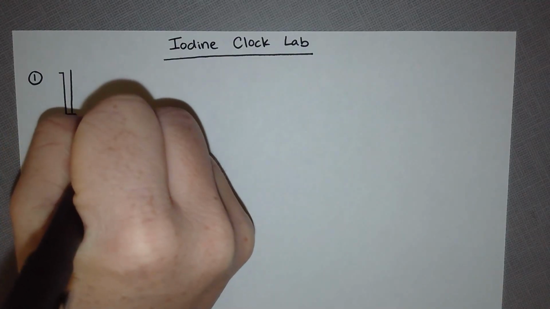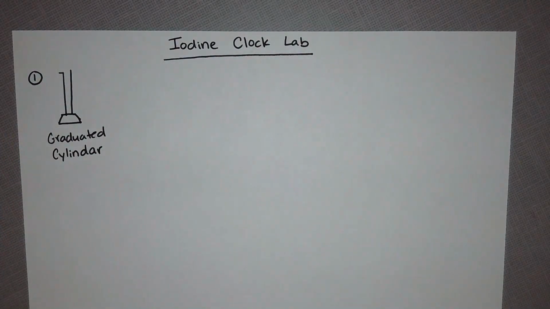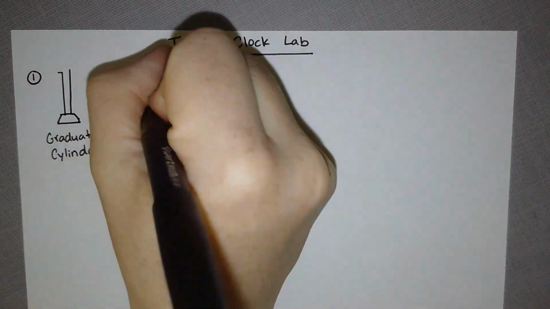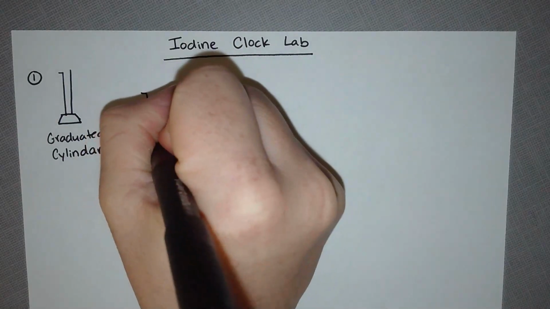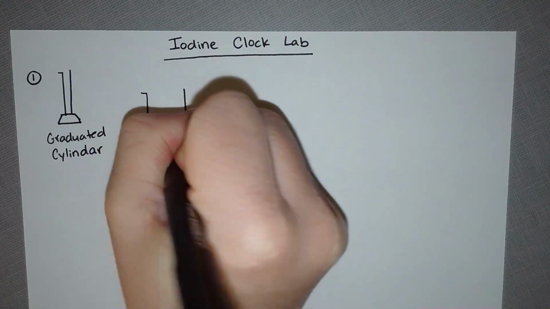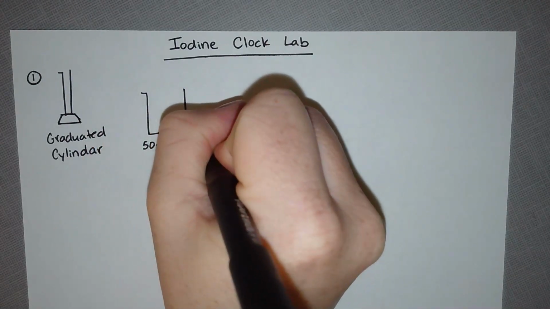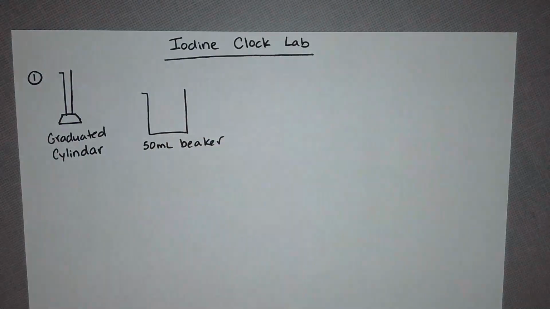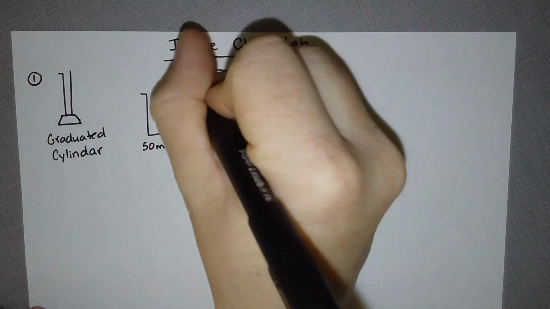And you are going to have several out and available to you. There'll be 2 or 3 on your lab station, but you're going to have some graduated cylinders, and you're going to have a beaker. It's not a big one. It's going to be one of the smaller 50 milliliter beakers. And into this beaker, you are going to put 3 different substances. The first substance you are going to put in there